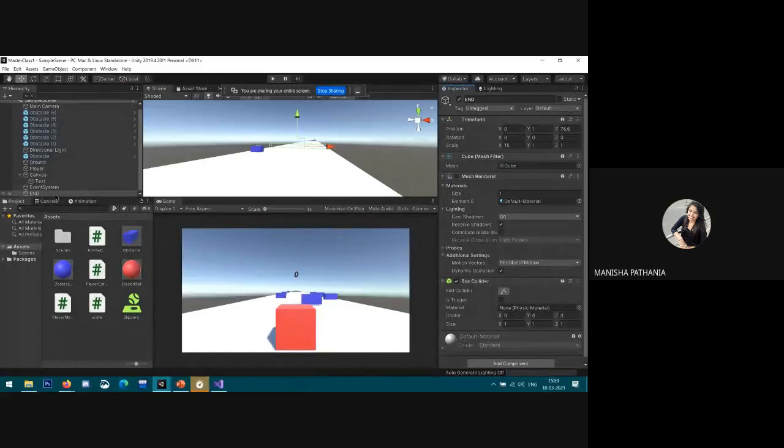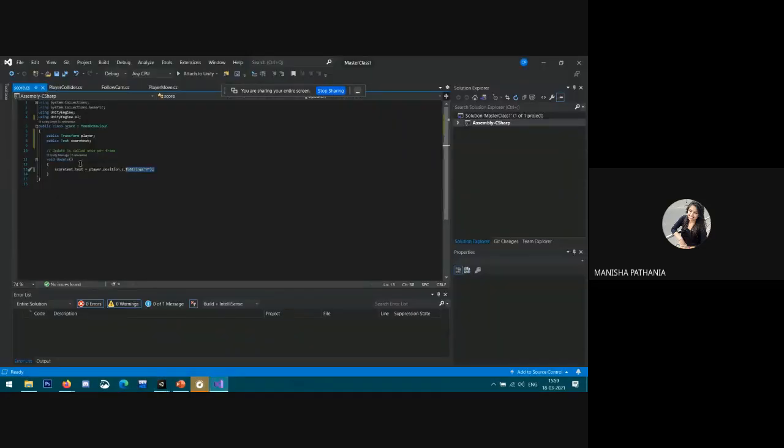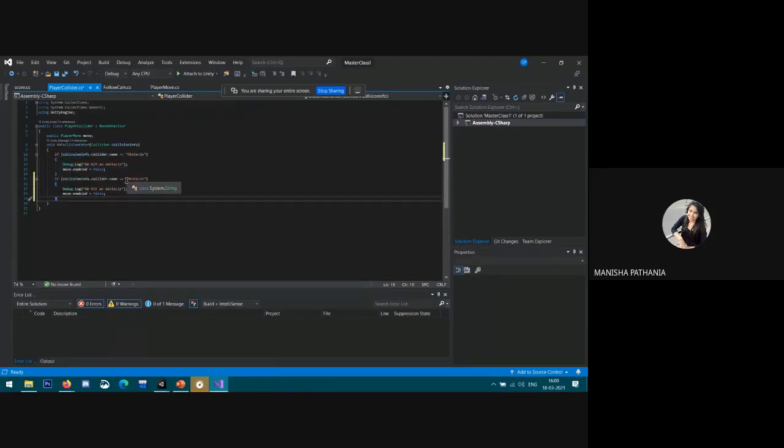So after that, what I need to do is, in the same script, player collision. In the same script, when the player collides with this object, the game will end. So for that, I just copy this function. It's already over now.